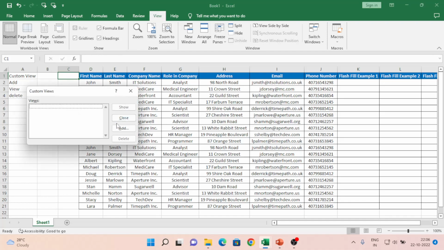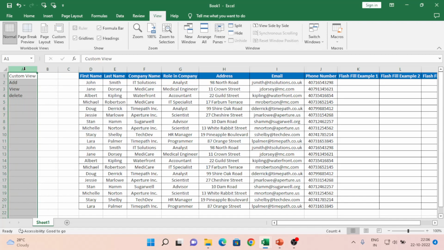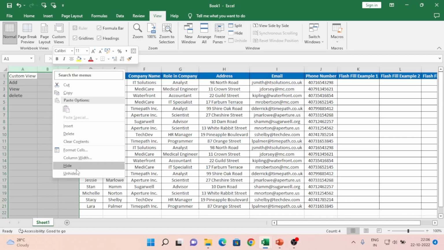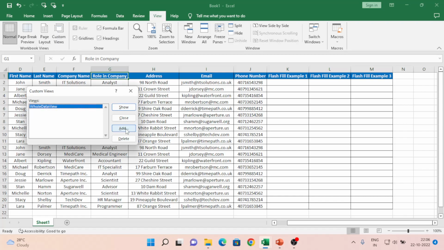So for the first custom view, I need all the data together here. So I'll click Add, and name it whole data view. Click OK. Now for the next view, I don't want it to show this, so I'll hide this one. I don't want it to show you this one. So what I'll do is I'll add again